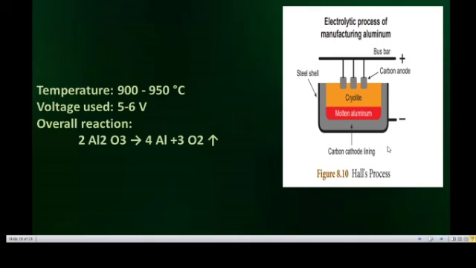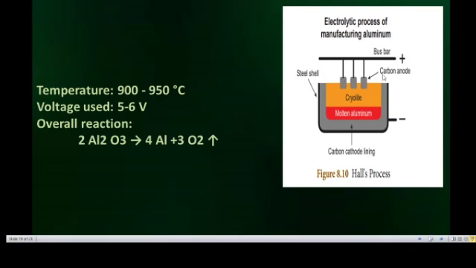Here, in the electrolytic process of aluminium, aluminium is deposited at the cathode. Aluminium is deposited at the cathode here. And oxygen gas is liberated at the anode. Oxygen combined with the graphite to form carbon dioxide. The oxygen gas liberated here reacts with the carbon rod, that is the positive electrode.